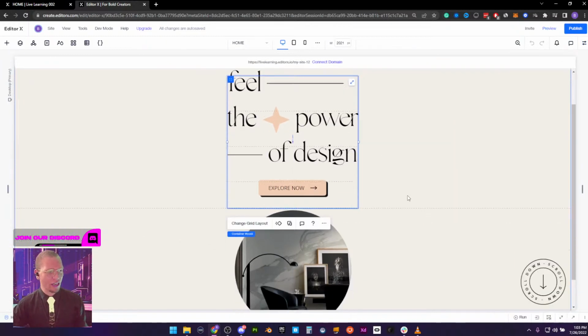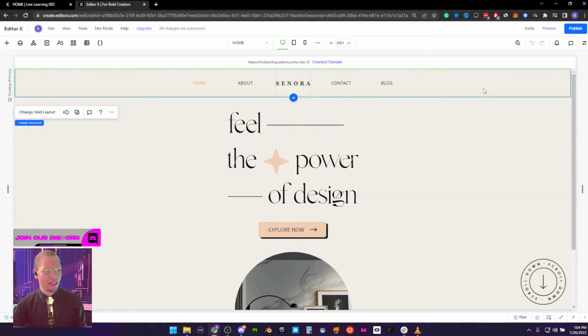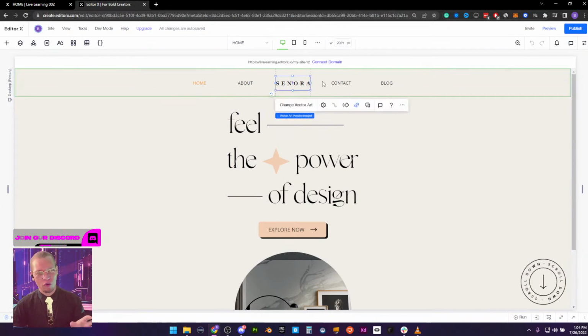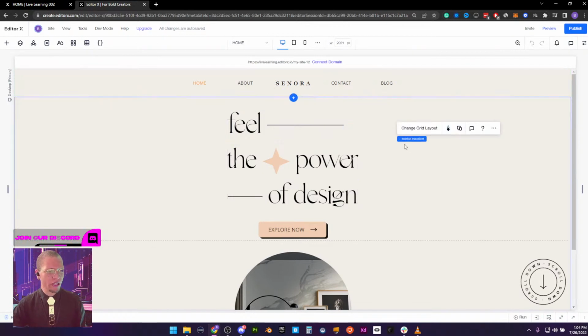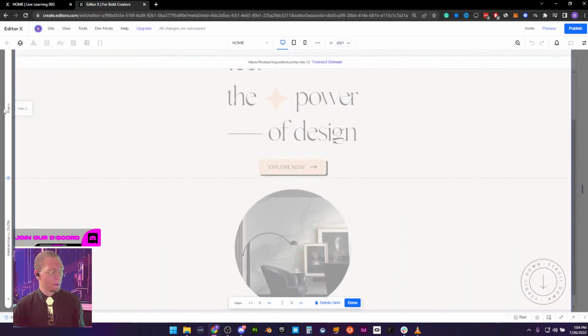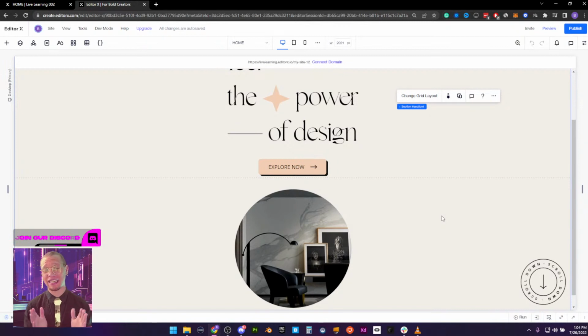If you remember yesterday, we made our navigation, which has 3 columns: 1 column for our left menu, 1 column just for our logo, and the right column for our right menu. We have a singular section that is divided into 2 parts. We have 2 rows. And if we look at our grids right here, in advanced mode, we have 2 rows, 1 and 2. And again, if you're thinking, Brandon, you are speaking gibberish, I have no idea what you just said in the last 5 seconds.